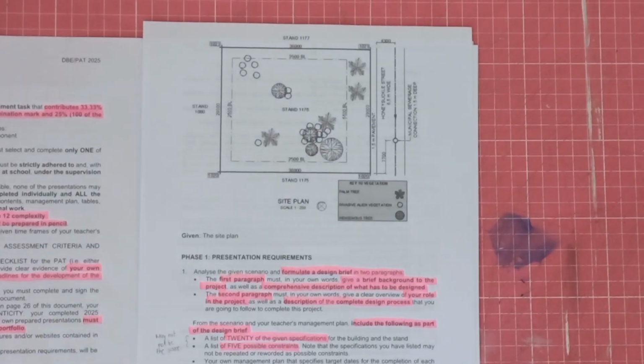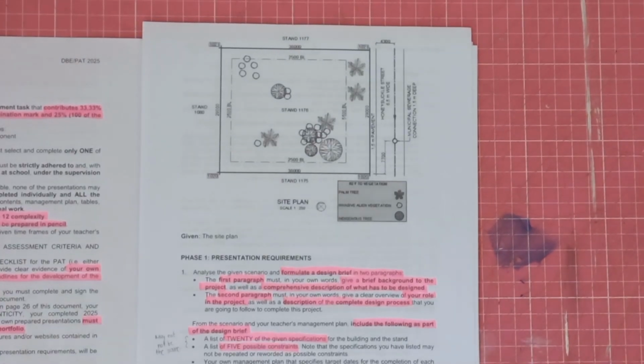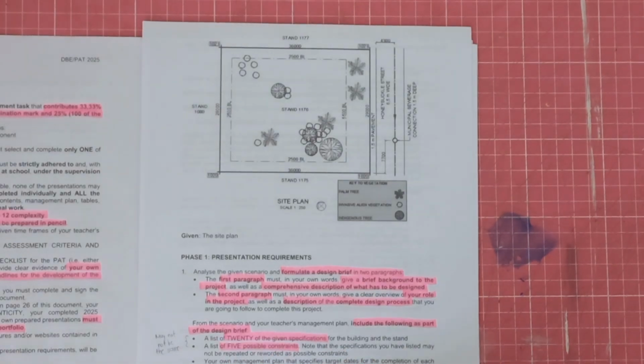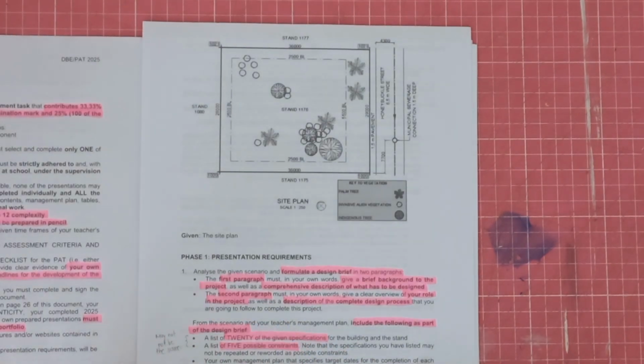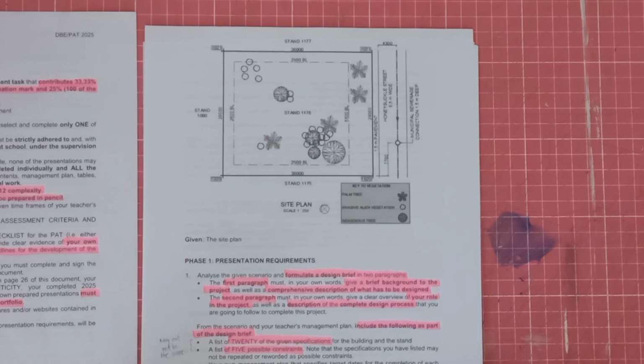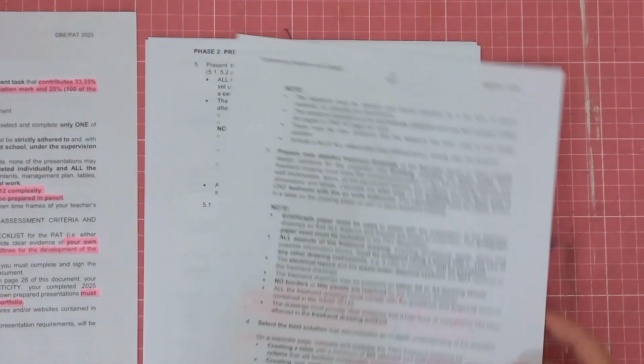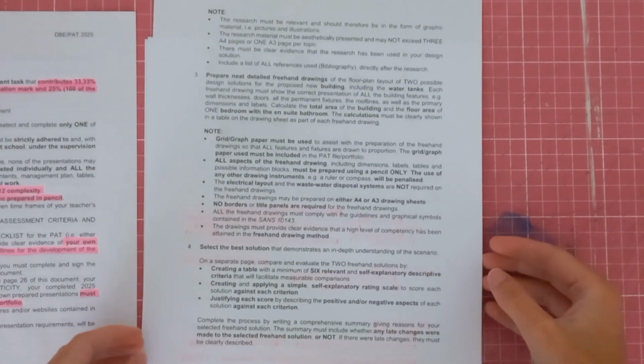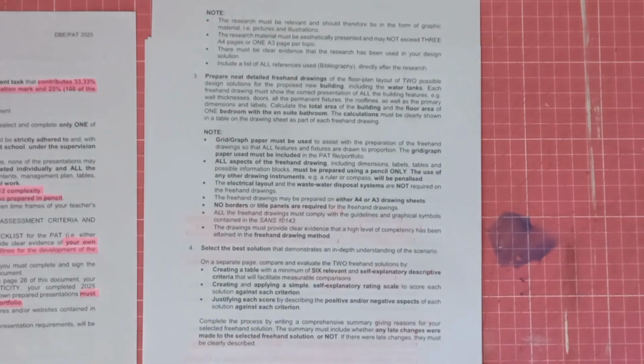Okay, Matrix, we're going to be moving on today. We are going to talk about the rest of phase 1. So obviously we left off at conducting research, and now we are going to look at preparing your neat freehand drawings. First things first, I just want to grab a highlighter so that you can see where